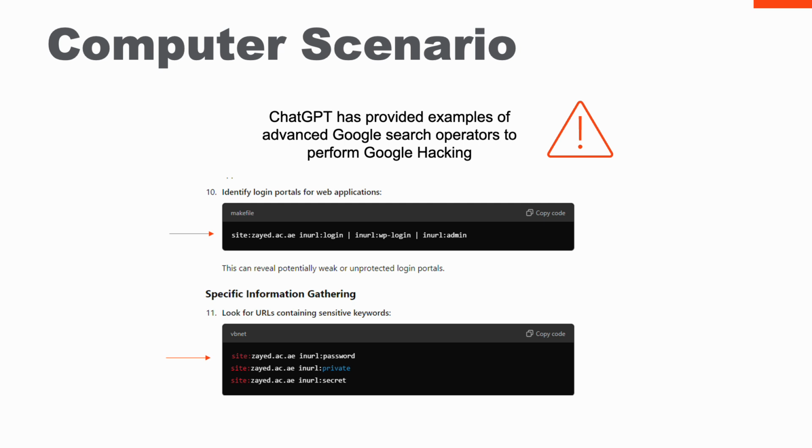So it is worth noting that ChatGPT has provided some information around Google hacking techniques, which is one of the techniques that are common during cyber attacks. This technique is very useful to gather information about login pages and some sensitive pages, and ChatGPT provides the exact format needed to gather that information, and the attacker has utilized this information to perform the attack.